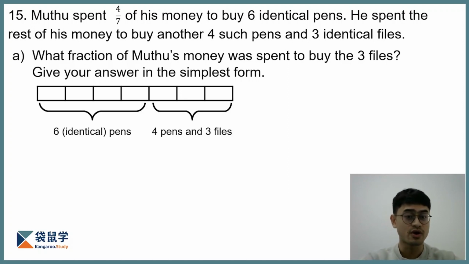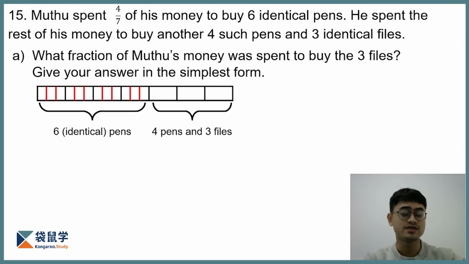Now focusing on the part on the left, we see that 4 of these model parts corresponds to 6 pens. But that's not a very nice way of dividing this, right? So what can we do? We can find the LCM. The LCM of 4 and 6 is going to be 12. So this tells us these 4 parts are now going to become 12 smaller parts, or let's just say 12